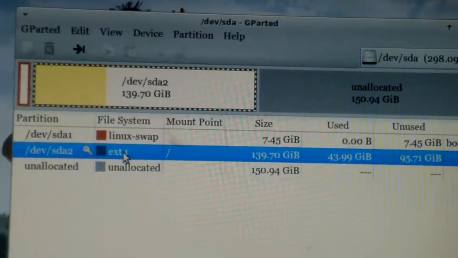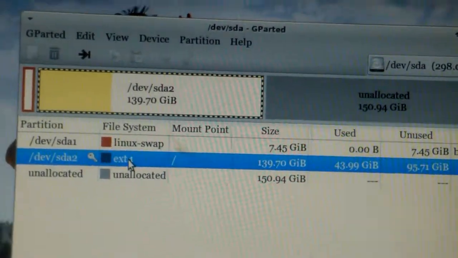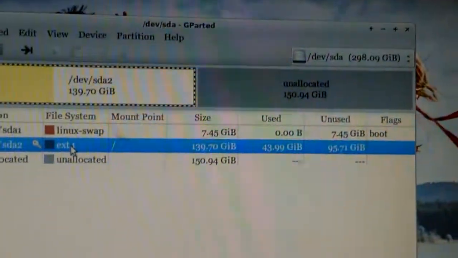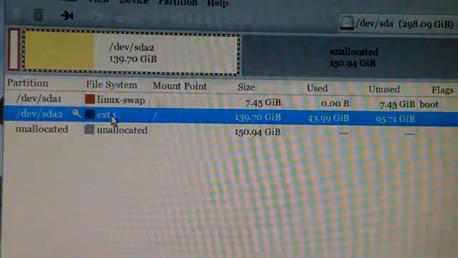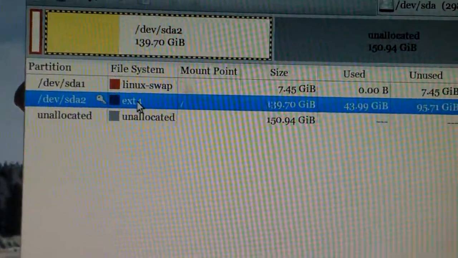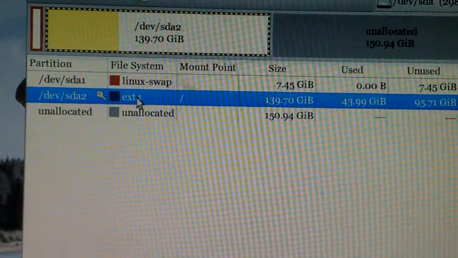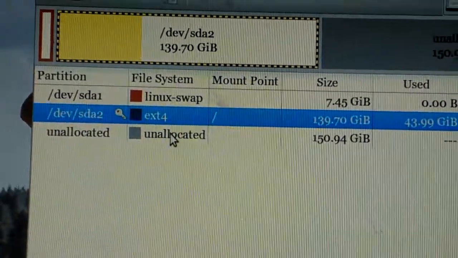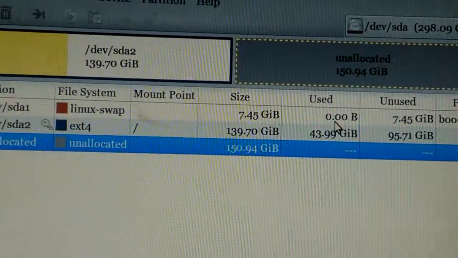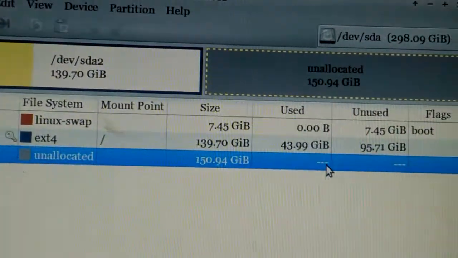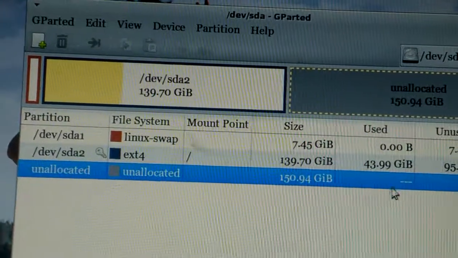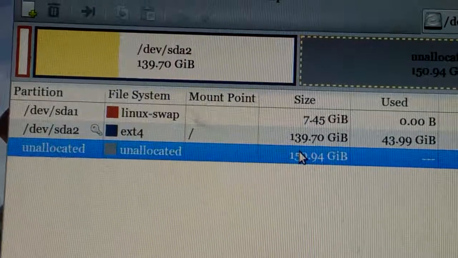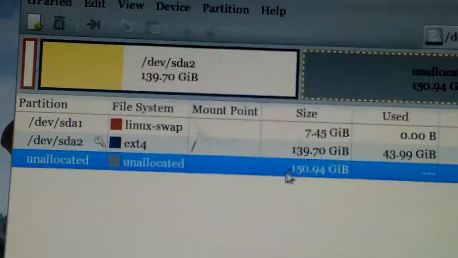So that is the current layout of my first hard drive, and so far I have two partitions created on there. So what I'm going to do now is create a whole new partition of a different size, with a particular file system, and I'm going to mount it somewhere. So the first thing we have to make sure we have is unallocated space, because we cannot create any new partitions if we don't have any free space to do it. So in here, since I have 150 gigs of free space, I'm going to create a partition using this unallocated